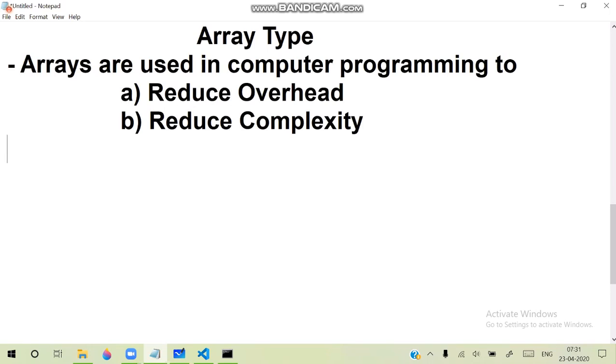Arrays in computer programming are used for two different purposes. They are used for reducing overhead and they are used for reducing complexity. Actually, an array is a collection